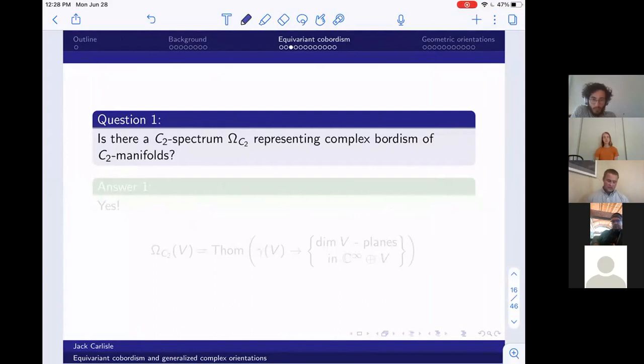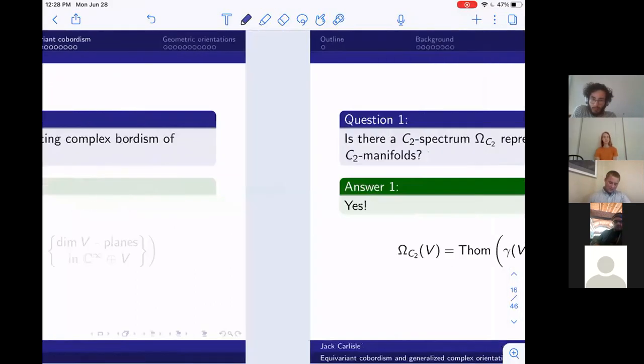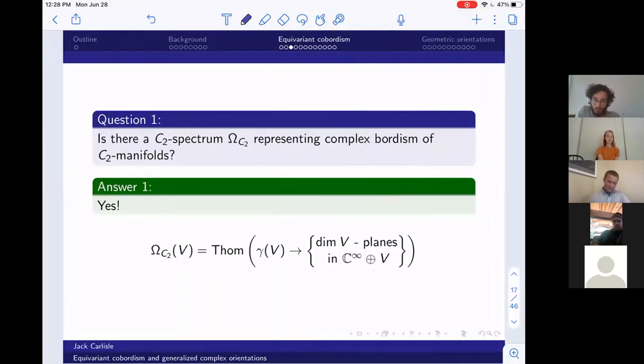So the first question is: is there some C2 spectrum which represents complex bordism of C2 manifolds? And the answer is an emphatic yes. We can give a formula for it exactly. The idea is that this is some sort of Thom spectrum. I don't want to go into too much detail, but the key point is that it is constructed